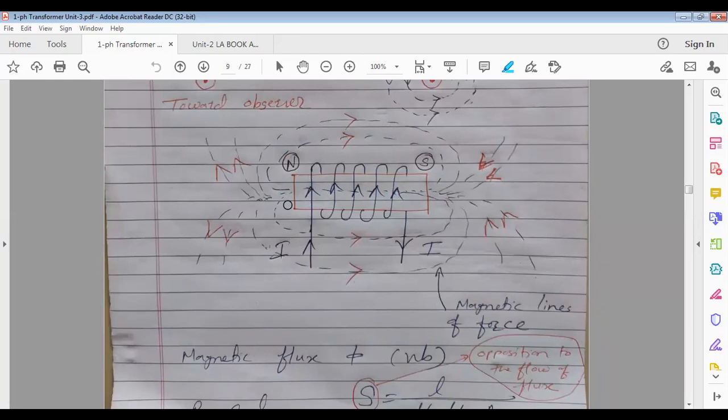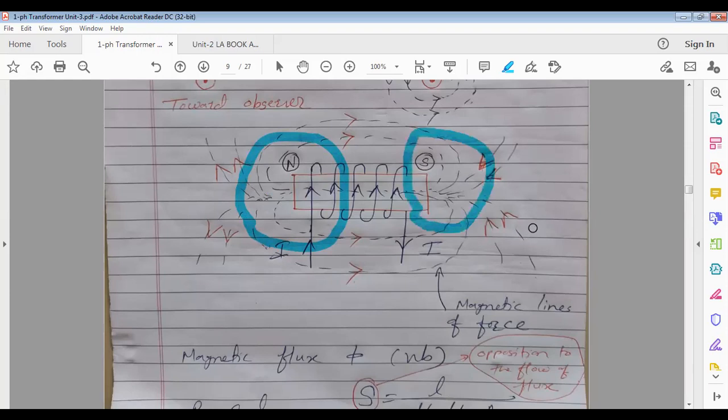Okay, so your thumb is pointing toward left. When you apply the right hand thumb rule, it means magnetic lines of force will start from the left. What is the conclusion? All of you know these lines always start from north and move towards south. So this pole of the electromagnet will act as a north pole and the other one will act as a south pole.